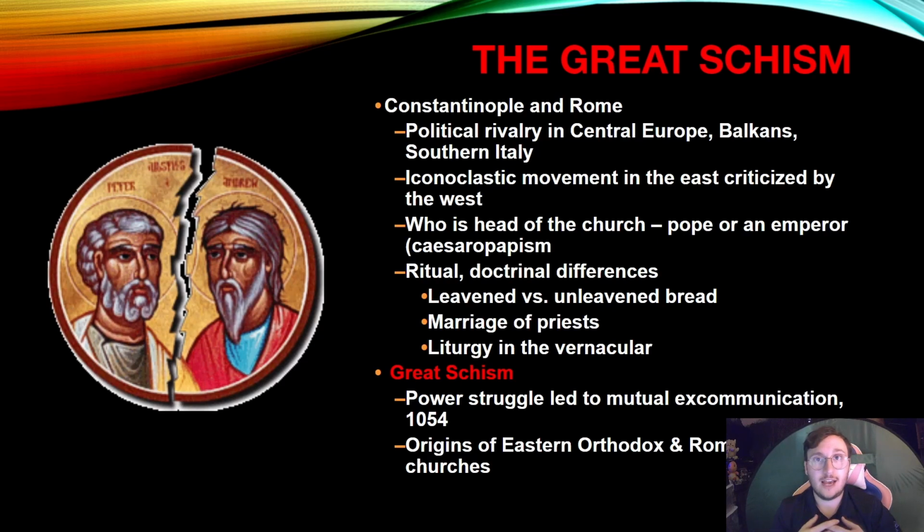Now, also in this time in Christianity, we're going to have something known as the Great Schism. And this is going to be really between the political rivalry between Constantinople, which is the seat of the Byzantine Empire, and Rome, which is going to be the seat of where the Pope is. And the political rivalry is in Central Europe, the Balkans, and Southern Italy, and the Western Roman Empire criticized